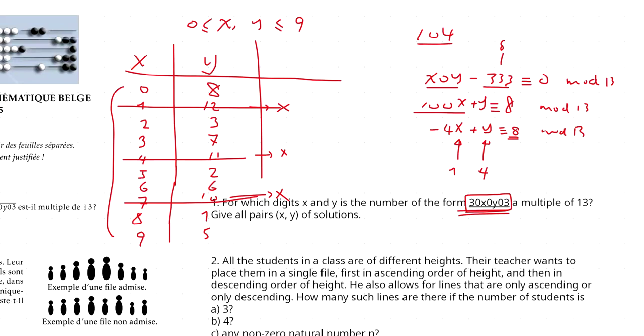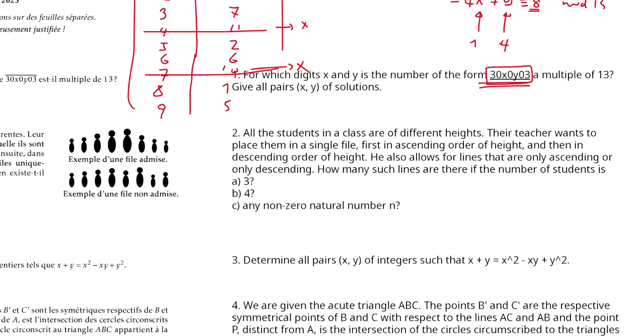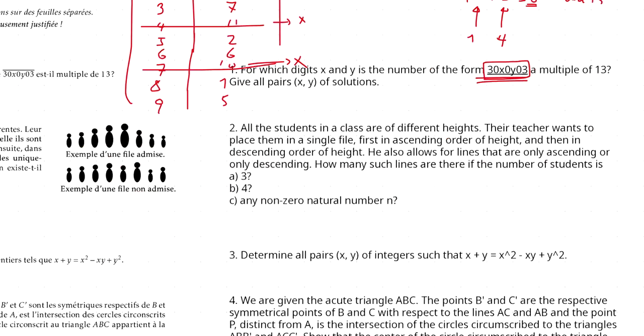Second one, all the students in the class are of different heights. The teacher wants to place them in a line, right? First in the ascending order of the heights, from the shortest to the highest,